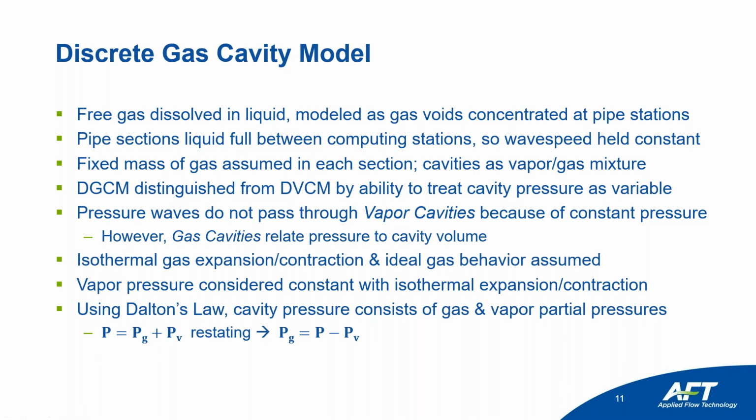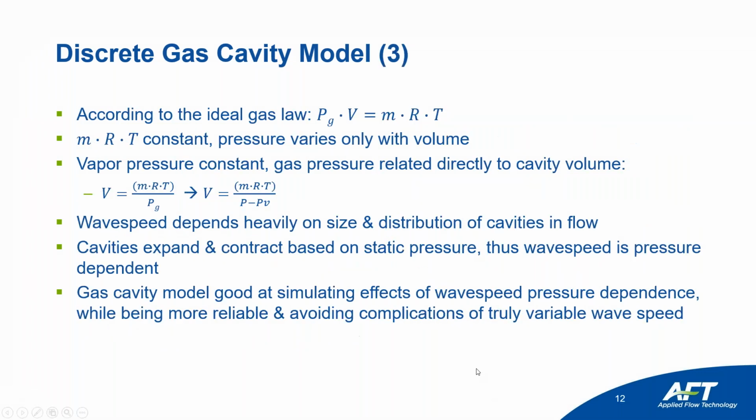But the key aspect of the DGCM is that it's able to do a mock variable wave speed without actually changing the wave speed. So that's one of the key differences. These are some more bullet points here on the discrete gas cavity model,